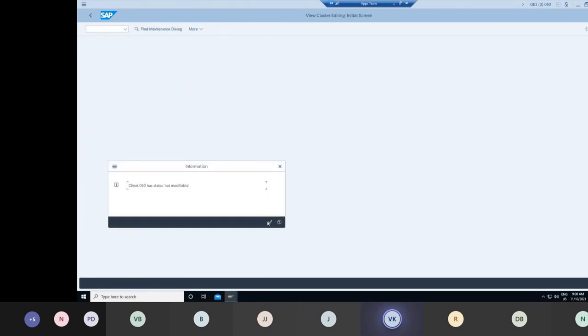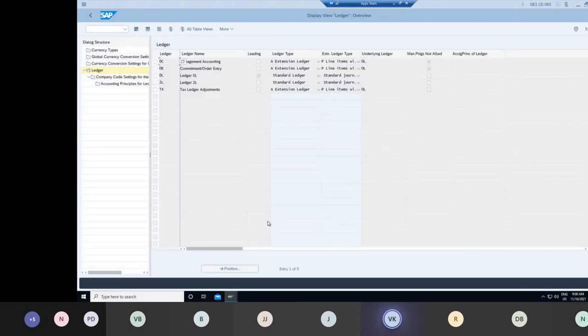I wanted to show you this. So here also they have defined only one leading ledger, and they have defined non-leading ledgers. These two are non-leading ledgers: 0C, the extension ledgers for their management reporting, but they have defined another non-leading ledger 02L and defined what we call extension ledgers. And if you see the currencies, if I go back here,